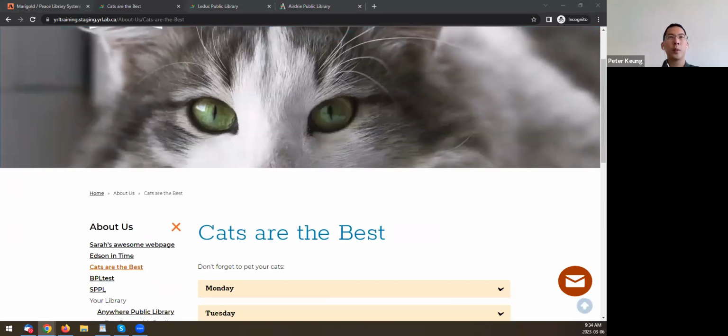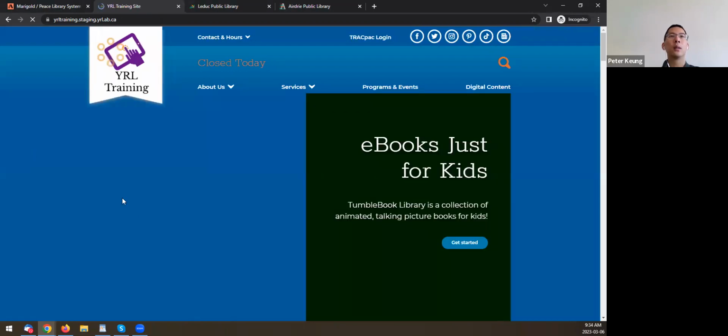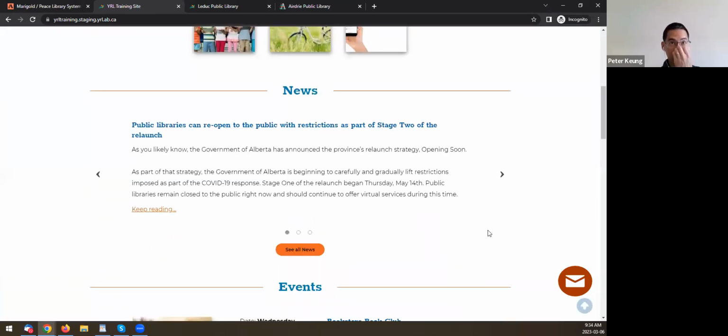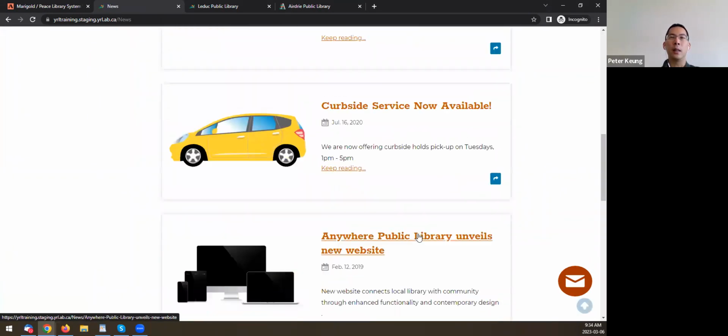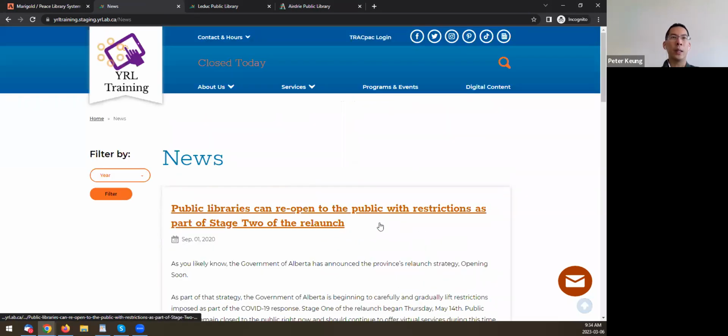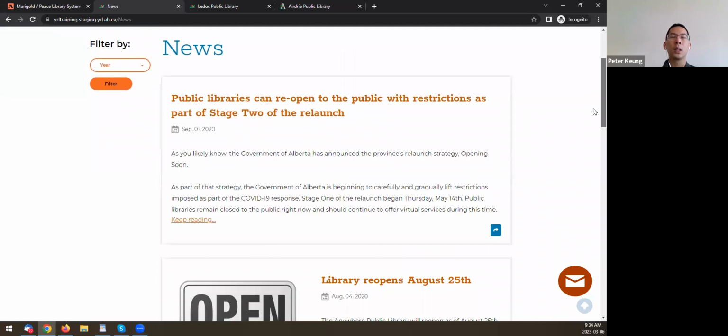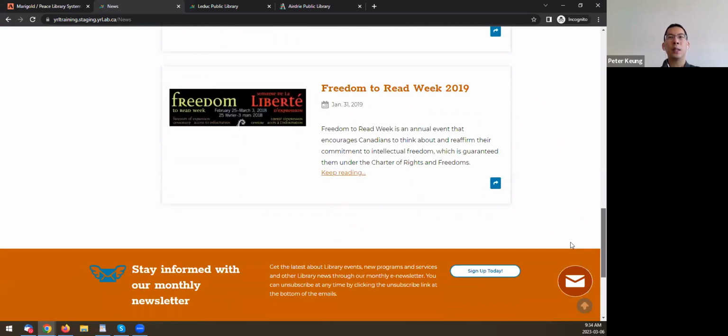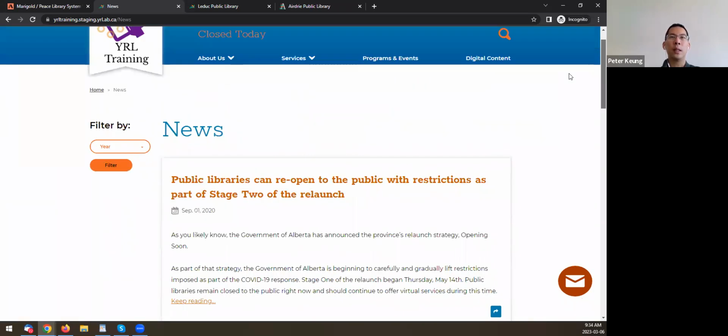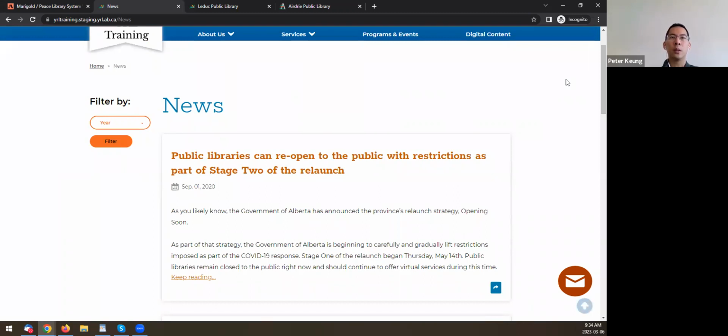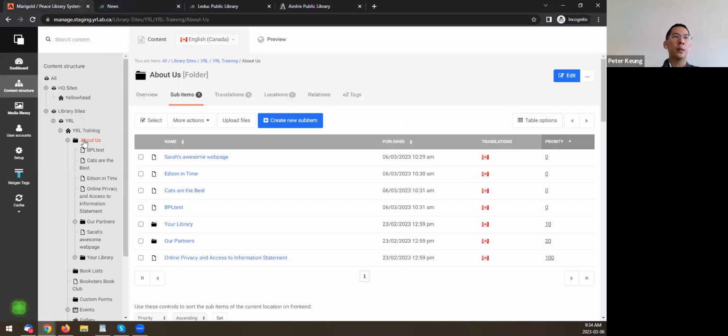All right, let's talk about news. So news is even more simple than a general page, and usually you just have one news landing page, and here's the news page. It now actually shows the news items on the training site. And all it does is show the items in reverse chronological order. And if we go to the back end for news,